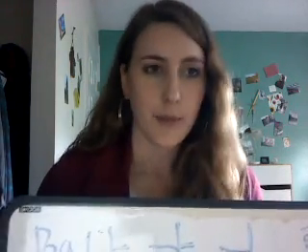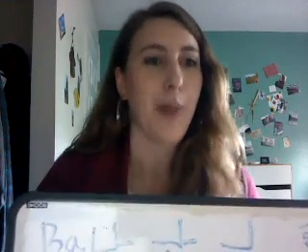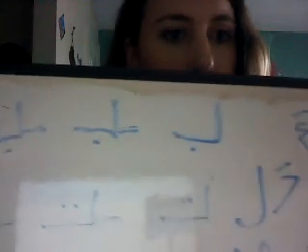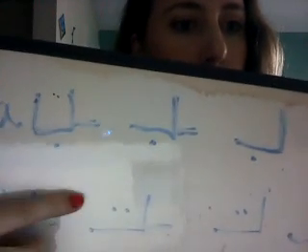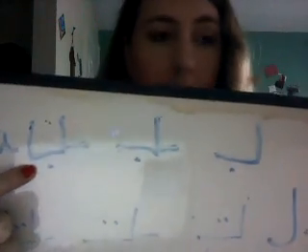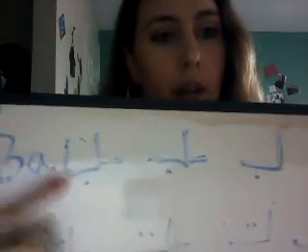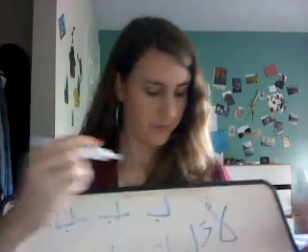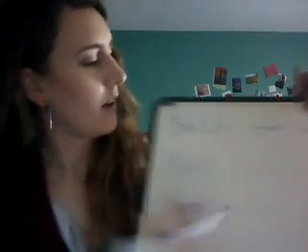So ta is pretty similar. It's similar to ba, but the only thing that's different is that it has two dots in the middle, instead of just ba, which has one dot on the end, on the bottom. Ta has two dots in the middle. Okay, so same thing. I'm gonna start here